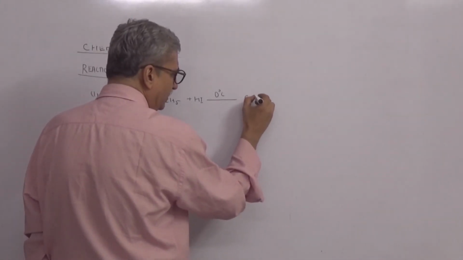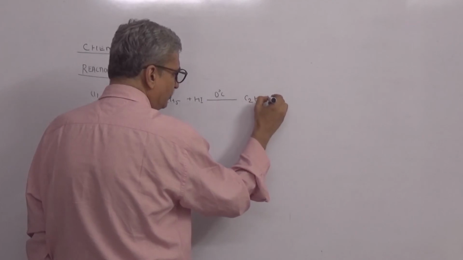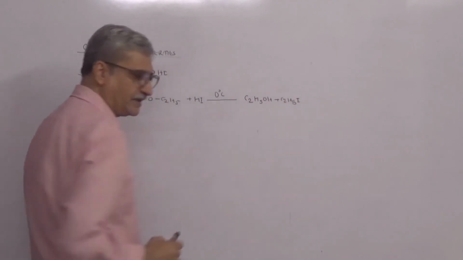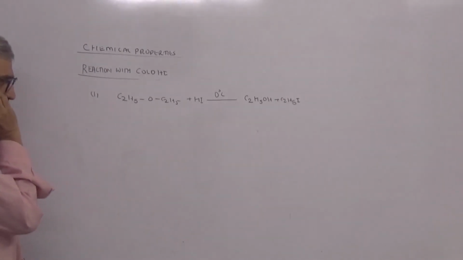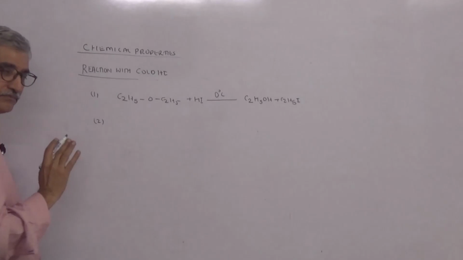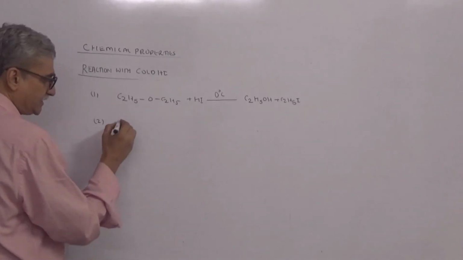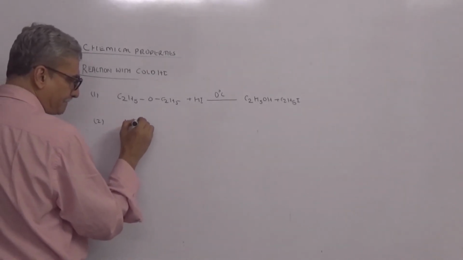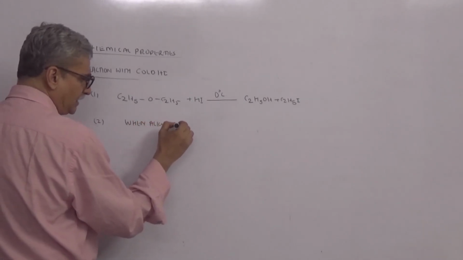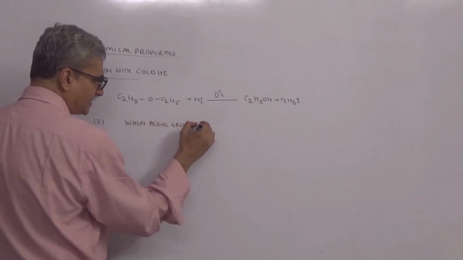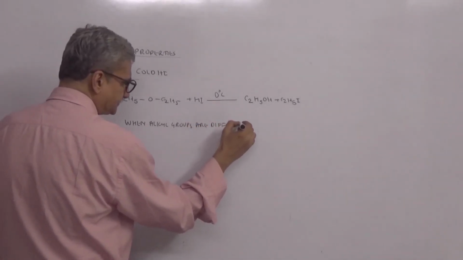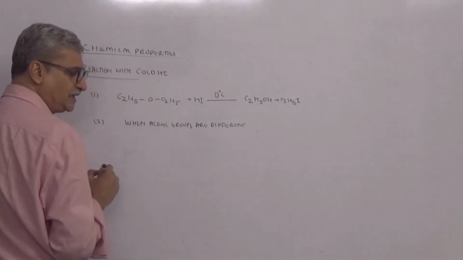You get a molecule of alcohol, C2H5OH plus C2H5I. ये होता है पहला. Is this point clear? Then when alkyl groups are different, so second case क्या रहेगा? When alkyl groups are different and they are straight chain